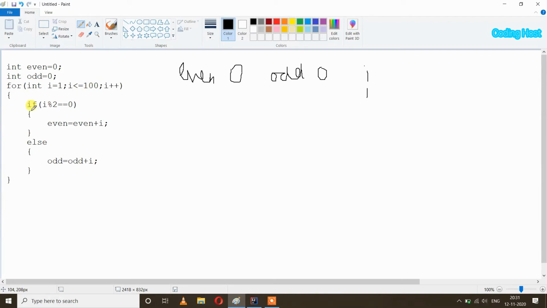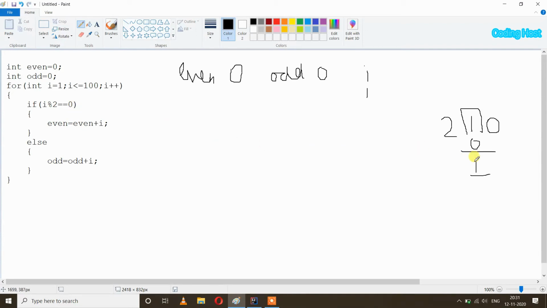So here it will check if i modulus 2 equal to 0, so it will divide i with 2 and check the remainder. So when we divide 1 with 2, the remainder is 1, which is not equal to 0.